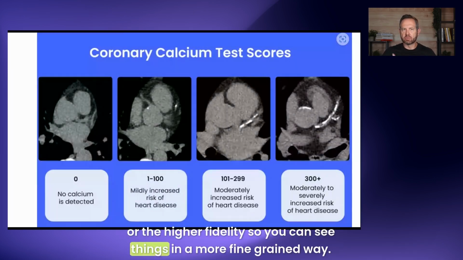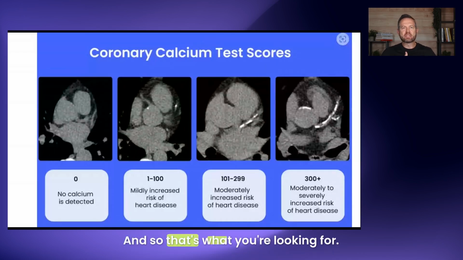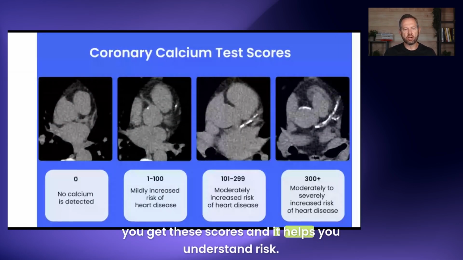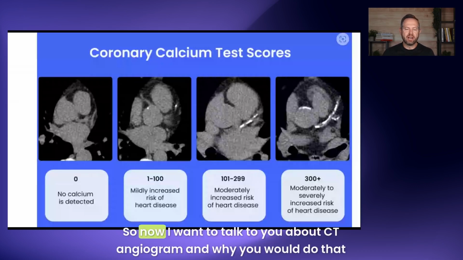So you can see things in a more fine-grained way. And so that's what you're looking for. And a calcium scan usually isn't very fine-grained, but if there is obvious calcium, you get these scores and it helps you understand risk. So now I want to talk to you about CT angiogram and why you would do